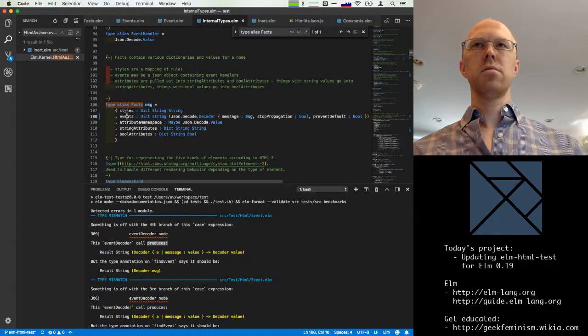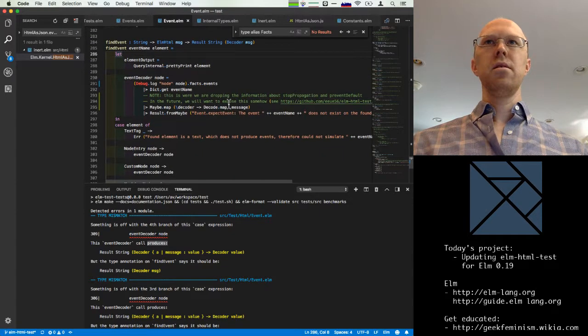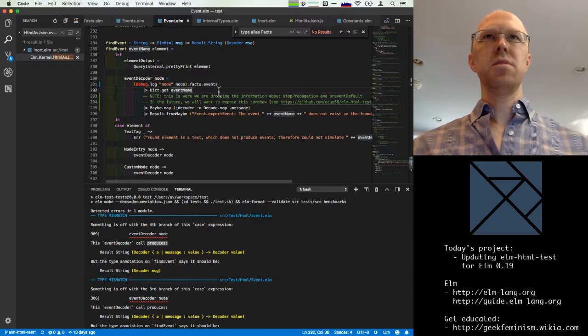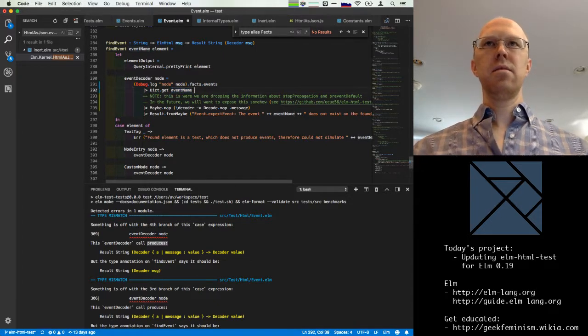Oh, no. Events should be a dictionary of decoders. If anyone's seen the mistake, feel free to point it out. So this is a dictionary. This should be a string. So we should be getting back at this point a maybe decoder.